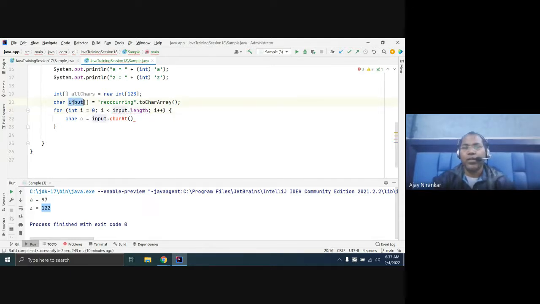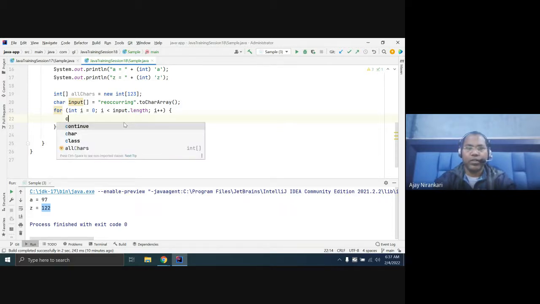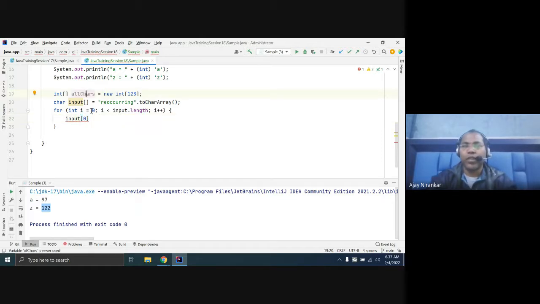So here one input character. This is the array position. You get just the first position value, the character input of 0, and here you have an all character array. In the first position you are receiving R. Okay, so here you just print.